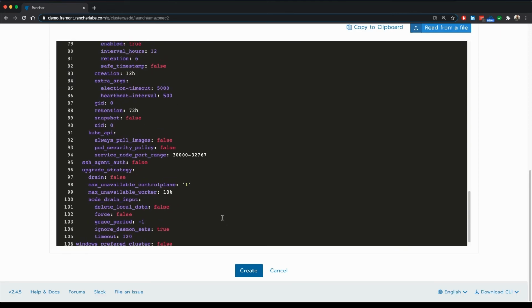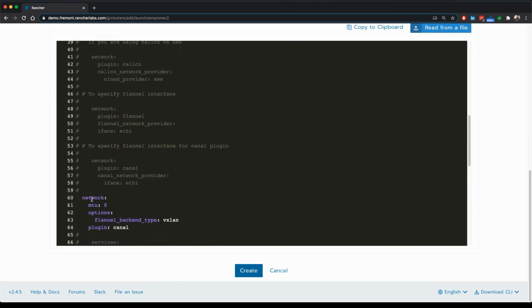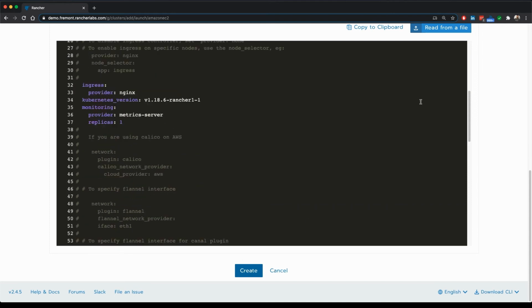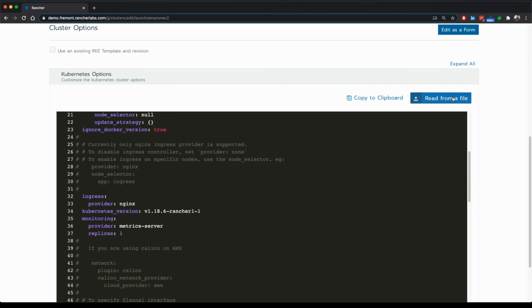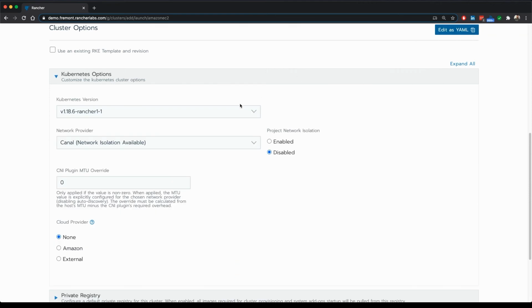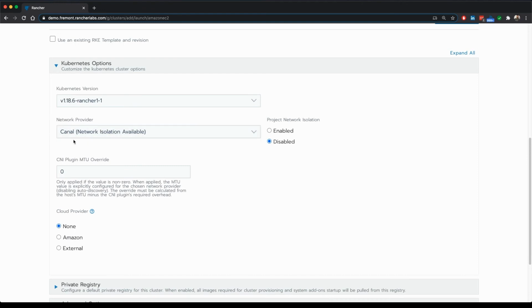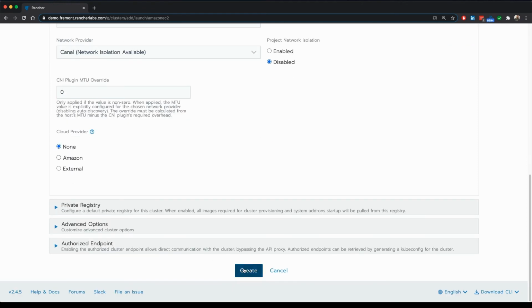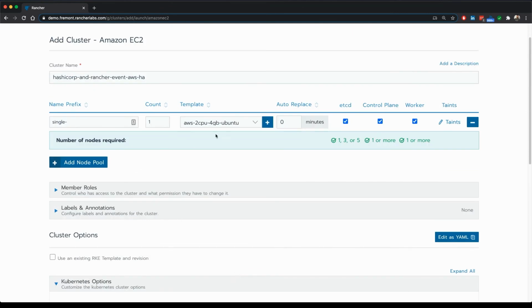And then instead of using Flannel or whichever one you choose, you would just leave this out, deploy your cluster, and then deploy whatever network plugin you want to use in the way that is prescribed by that vendor. So you would just get a cluster without a network plugin deployed. So you then just use your kubectl command to deploy the manifests for that cluster. So I'll just go back to edit as form because I'm not going to do that. Go in, I'm not even changing anything here. Then I would hit create, and this would create a single node cluster for me, which has the control plane,